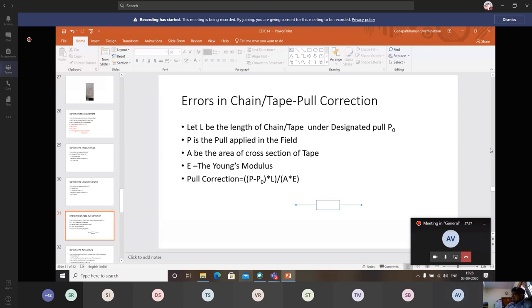So beyond elastic, we consider it plastic, because when you cross the elastic limit, the material will not come back to its original position even after relaxation of the load or pull. If you stretch it beyond the limit, sometimes it will shear off rather. So these are some of the jargon which you should understand.